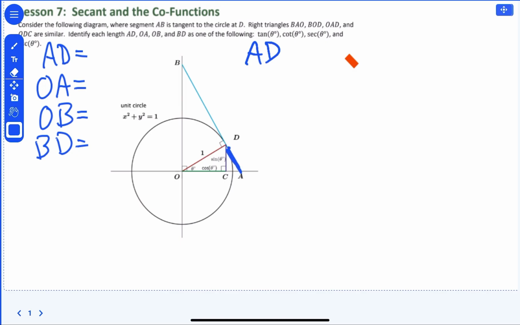Okay, so that's this leg. Well, AD can also be paired with OD to give us the two side lengths of these triangles. And what are those equal to with the triangle where we know the hypotenuse and all that type of stuff? So that little triangle that's actually inside the unit circle is what we want to compare it to. So CD will be what